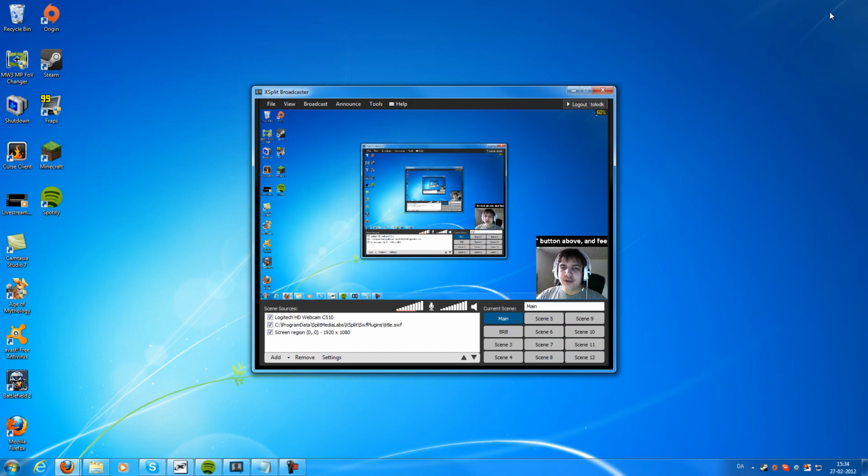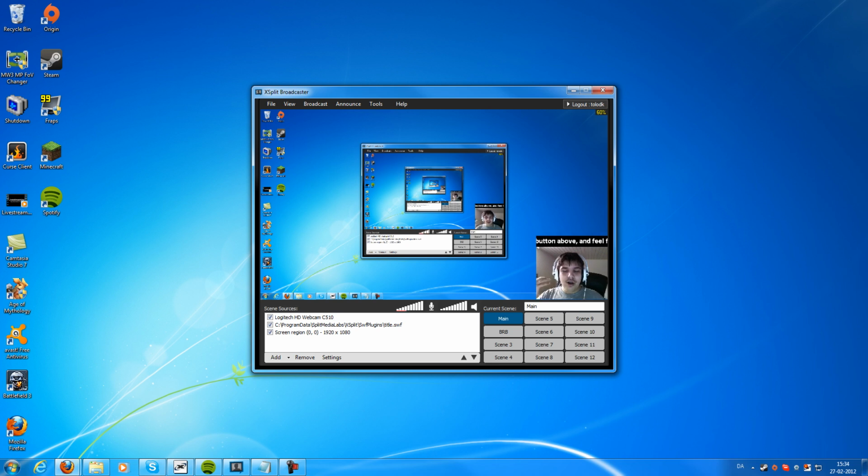So once you have registered on either website, you'll have to start up your program, and there's a lot of different configuration. Before I start going into all the different configurations you can put down, I want to make it very, very clear for you guys: I am by no means using the best or most perfect settings for Xsplit. I am certainly not, and it requires a lot of tweaking. And the settings I'm going to be giving you guys here and now are not going to be the best of the best for you guys,